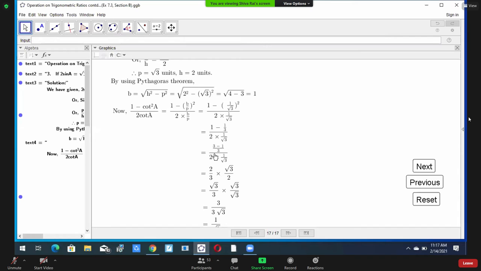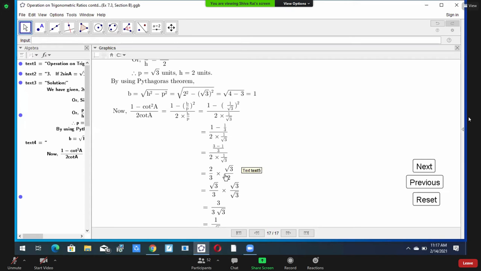Now, after this step, we are simplifying. We are taking the LCM in the numerator. So, you know, here is 1 minus 1 upon 3. Just take the LCM, which is 3. While taking the LCM, already you have learned, 3 ones are 3. You write directly, and 1 upon 3, and in the denominator the same, which is equal to, now 3 minus 1 is 2, 2 upon 3.